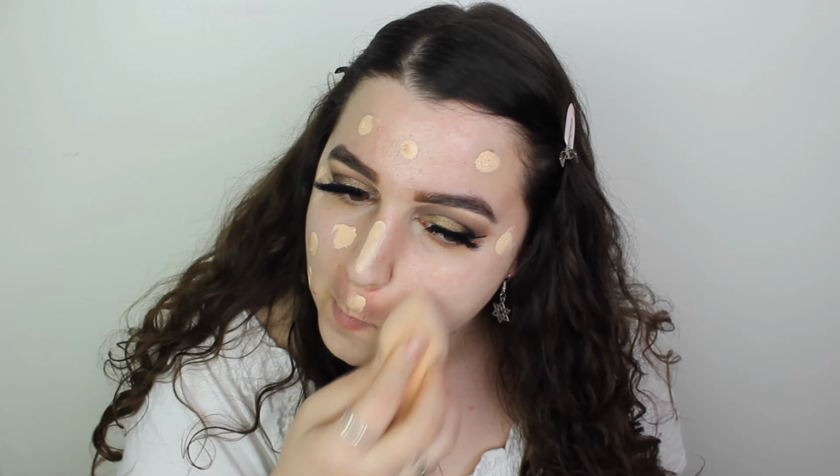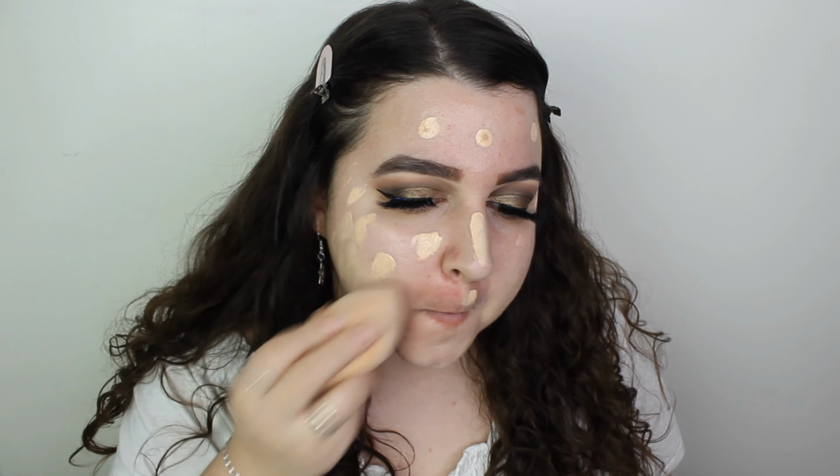So this is the foundation. I have no new concealer to test, so I've just put on my Conceal and Define in C5. It's maybe one shade too light. Off camera it looks perfectly fine, but with all the studio lights it is maybe one shade too light,